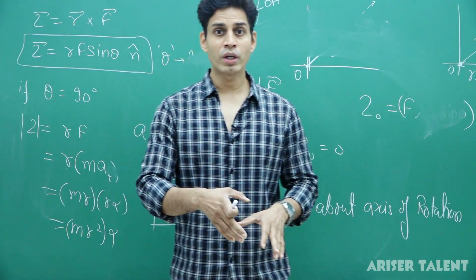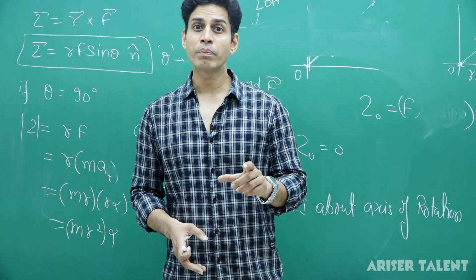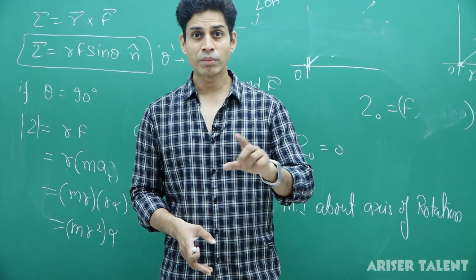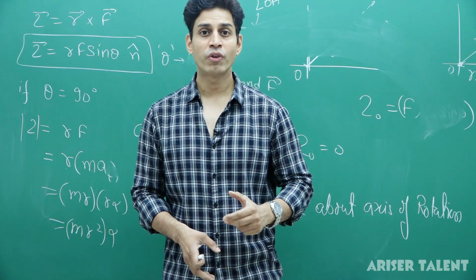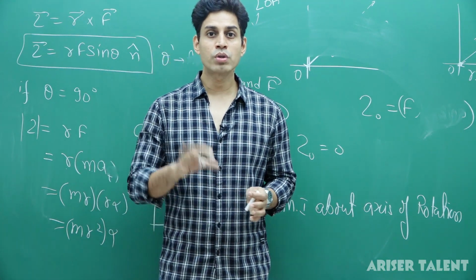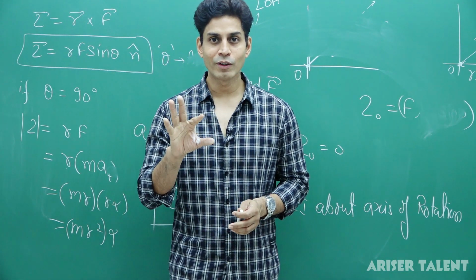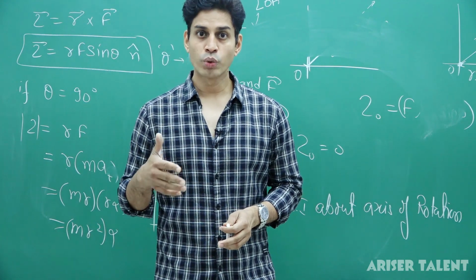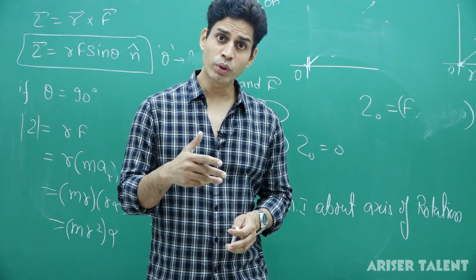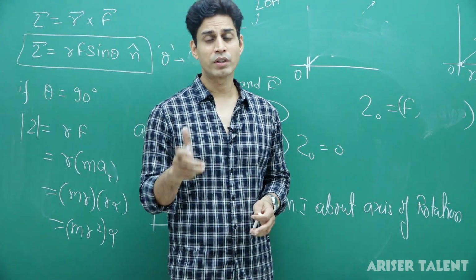And if the line of action is not passing through the axis of rotation, then calculate the perpendicular distance of that line from the axis of rotation, multiply that distance with force, and you will get the torque. As far as direction is concerned, use the right hand thumb rule. Place the fingers of the right hand along R first, curl them towards F, and the thumb will indicate the direction of the resultant.